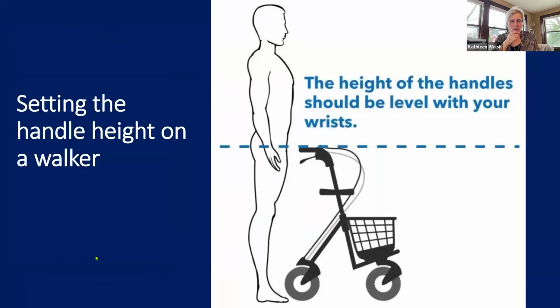So when patients come in, even if they're coming from the hospital, many times people can be in a hurry and there's no blame, but they'll come in, and probably about half the patients that come into my clinic, I'm adjusting their walker. It's the same for the walker as the cane. They stand straight up, walk towards the walker, and inside of that, the handle of the walker should come to the middle of the wrist. Many of our patients will have their cousin's walker, or their spouse who died, their walker. They buy it at the senior center or a garage sale. Walkers are not cheap, so they get them. So just adjust them appropriately.